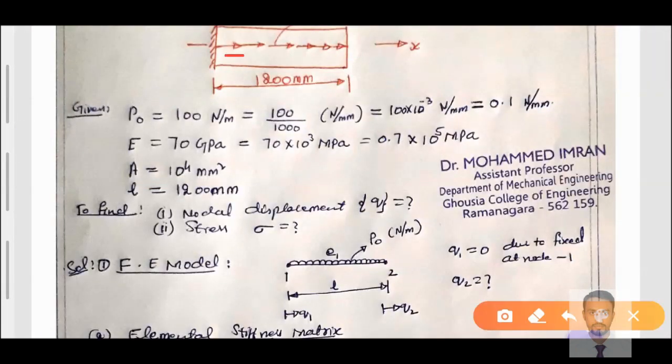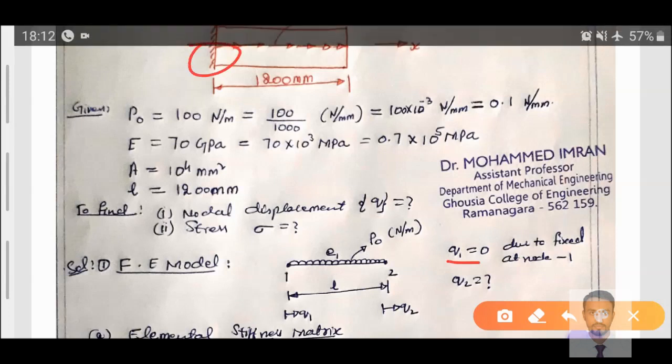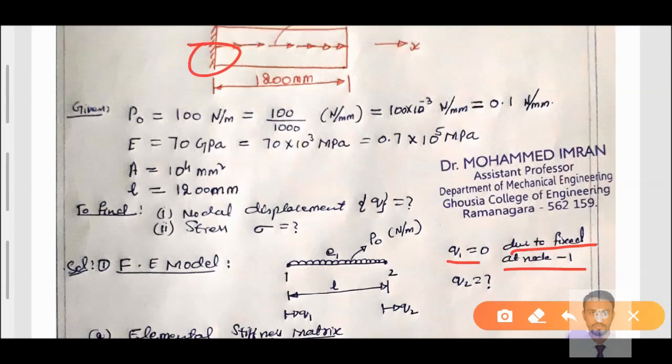The distributed load on element number 1 is P naught Newton per meter, and the length of the element is L. At node number 1 the displacement is considered as Q1, at node number 2 Q2, with the bar represented along the x axis. Then node number 1 is fixed, Q1 equals 0 and Q2 equals question mark, which